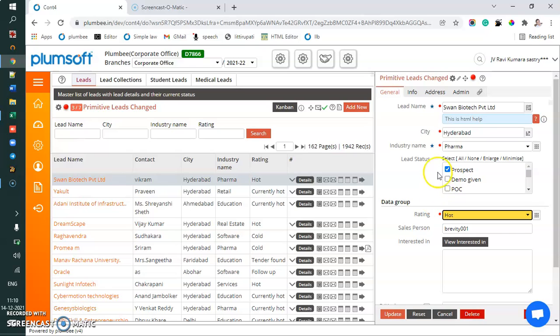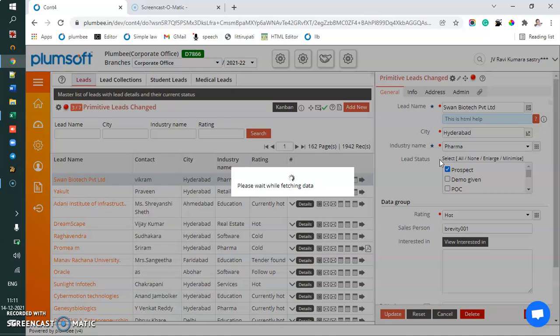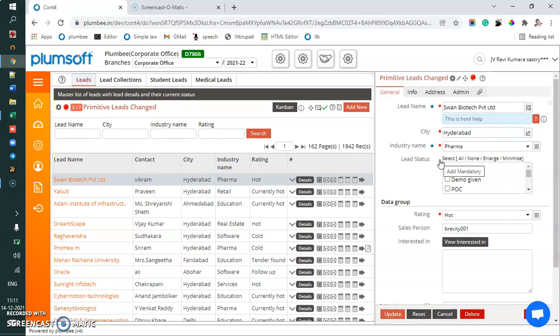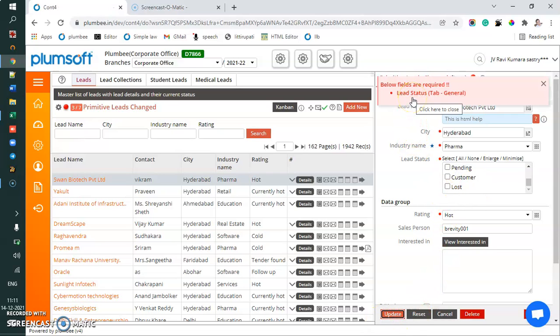Okay, I can make the field as mandatory. Keep your mouse, keep moving, somewhere you will see add mandatory. The moment I do that and click on that, it automatically becomes mandatory, and you will see the red icon appearing there. Okay, so now onwards, if I don't save anything and if I try to update, it says lead status is mandatory. Okay.